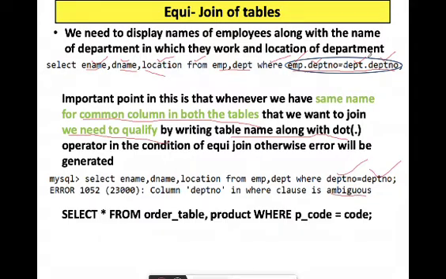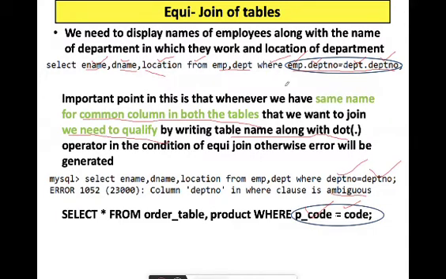This is not needed when the common column has different names, as it was with the order and the product table. There the common column had different names in both tables, so you need not qualify because there is no chance of confusion. It is only when the common column has the same name that we need to qualify it by writing the table name.